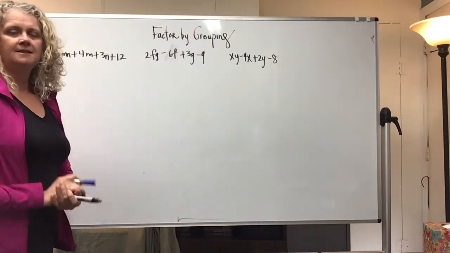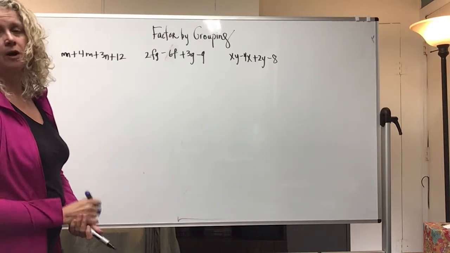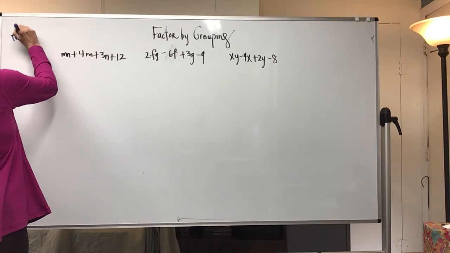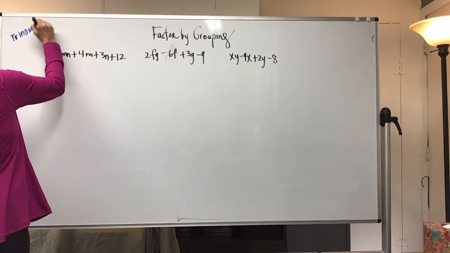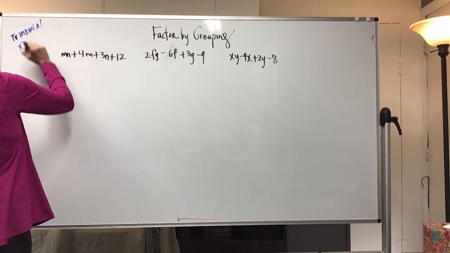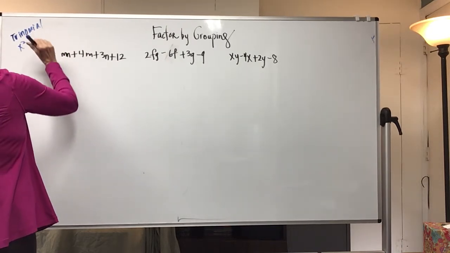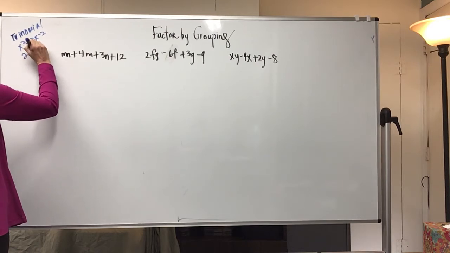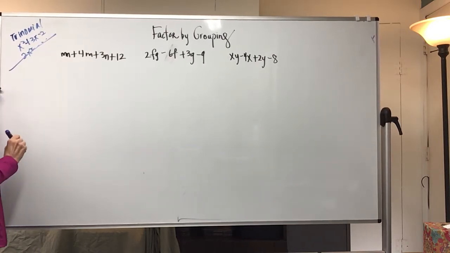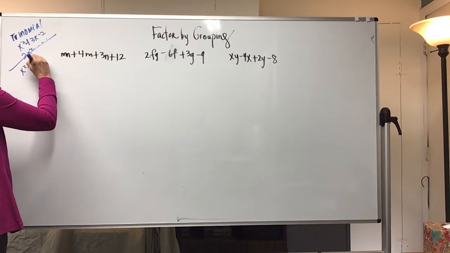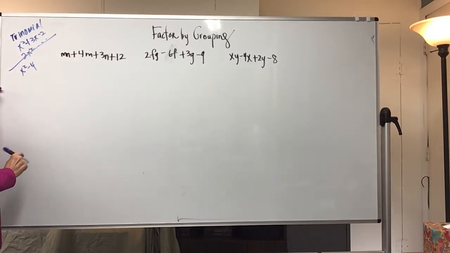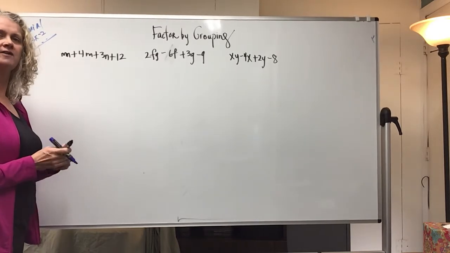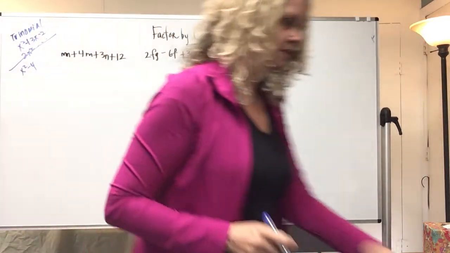Factor by grouping is easy to identify because there are 4 terms. So notice when we did the trinomial, anything x squared is going to be plus 3x minus 2, 2x squared, and so on. That's the common trinomial. 2 terms with a subtraction in the middle and their perfect squares is difference of squares. And notice here we have 4 terms, so it's factor by grouping. So I begin by